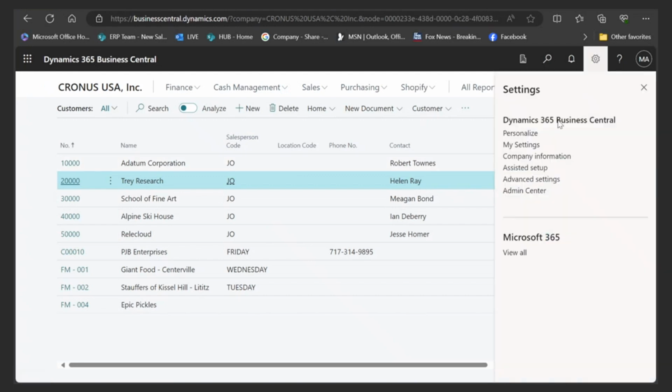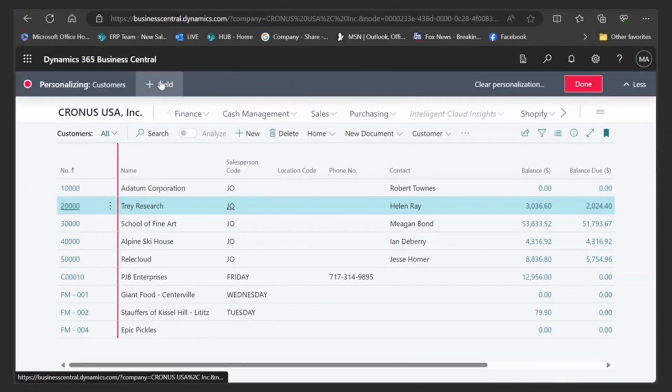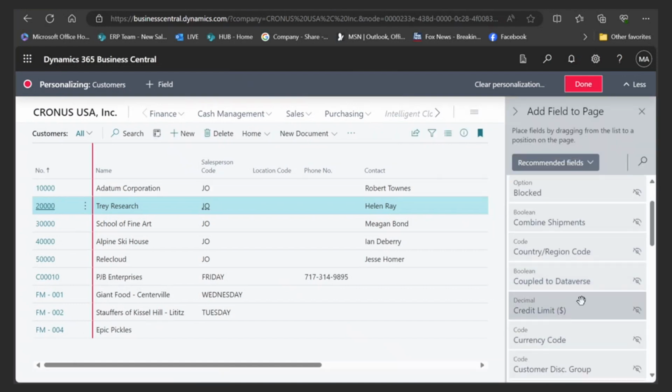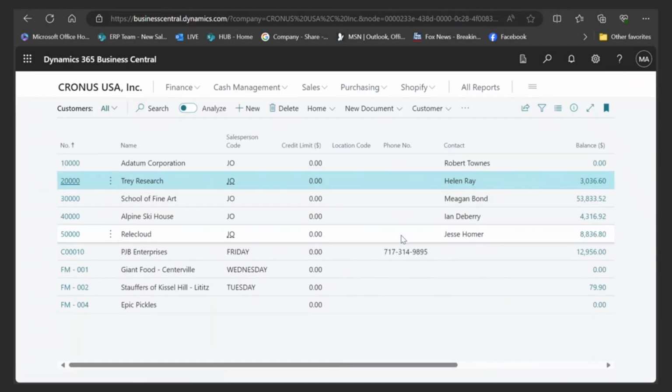So I'm going to come in here. I'm going to personalize again. I'm going to say, okay, we want to add a field. And let's say we want credit limit. And I'm going to put that right after salesman. There we go. Incredibly easy. And if I wanted to do any kind of analytical stuff on this page, I can simply